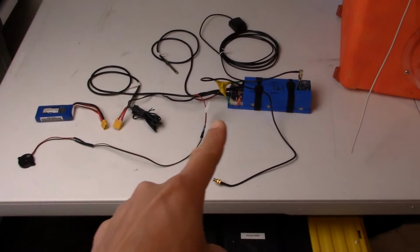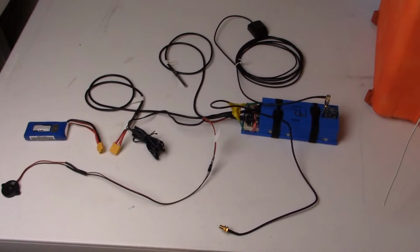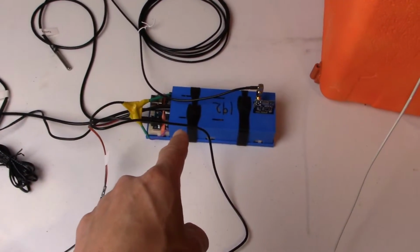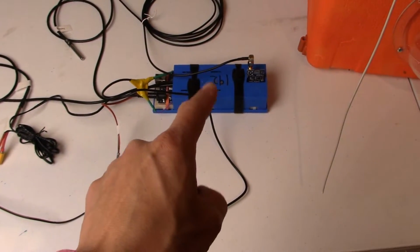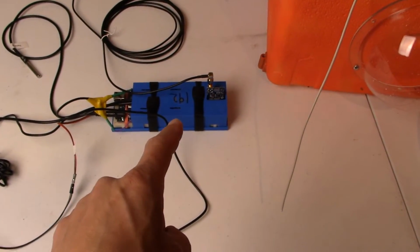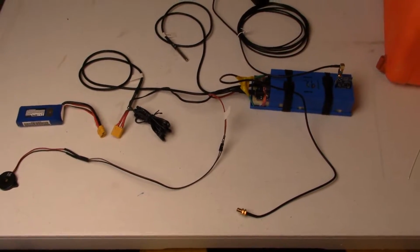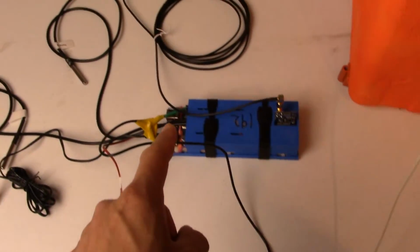All right, and here's the physical build of the system. I guess I'll be the first to admit that it's maybe not the most clean and professional, but I basically housed everything inside this little DIY 3D printed case. I'll leave a link in the video description to this case in case you want to download it and print it yourself. But as you can see, it basically houses the Arduino, the HX1 radio, the GPS, all that stuff,